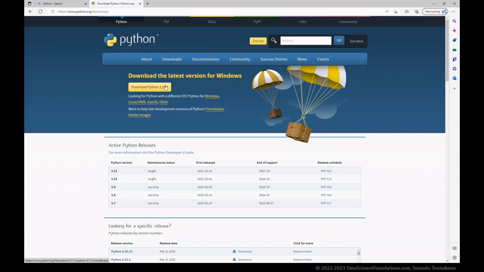Okay, so let's move forward with the 3.11. And a few other things you note here. You see the different versions of Python available, depending on your operating system. I'm using a Windows computer, therefore I'm being prompted to download the Windows version of the Python installer. If you use Linux or Mac OS or any other operating system, you can choose your downloader based on the operating system you will be using. So I'm going to hit